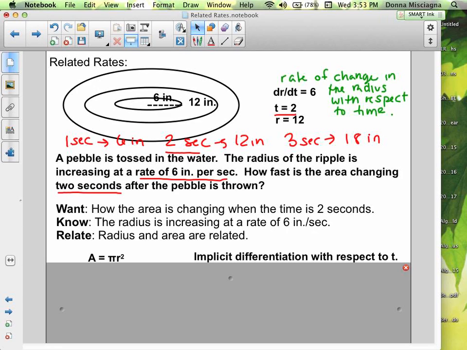See, we have these values here. We are not going to plug any of those in until we take the derivative. Right? So we're going to differentiate our equation. The very first step in the problem solving, well, I can't say it's the first step because we had to get our picture and our equation, but when we're trying to find our rate of change, we have to differentiate before we plug in any values. I just want to make sure that's very, very clear because sometimes students try to plug in